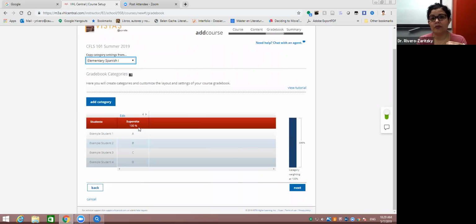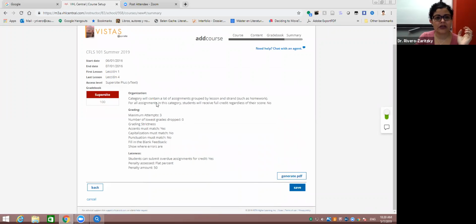You can put assignments per day. For instance, if you cover 1.1 today, you can put the assignments for 1.1 today, or you can just set a time where they know that that is the due date, after you finish explaining the material in the chapter, okay? So here, next, and then here is how it is organized. Say the start date, end date, first lesson and last lesson. You say save,